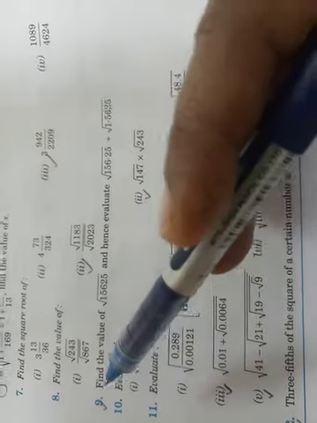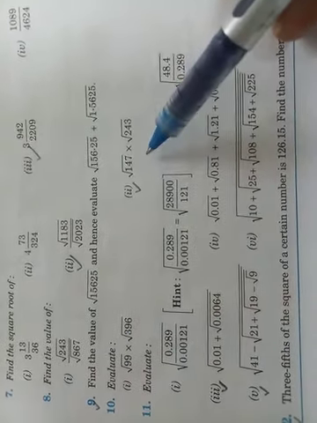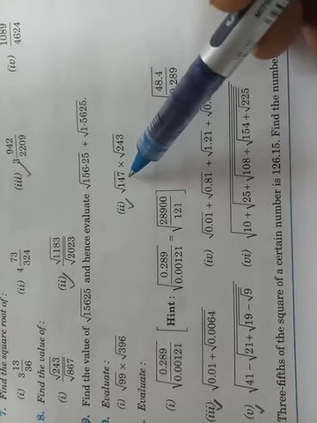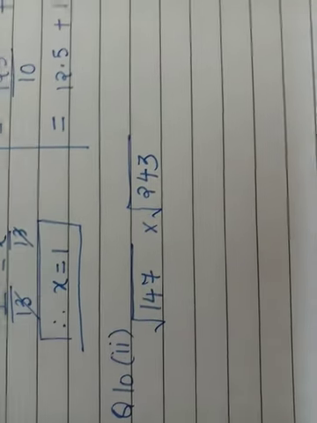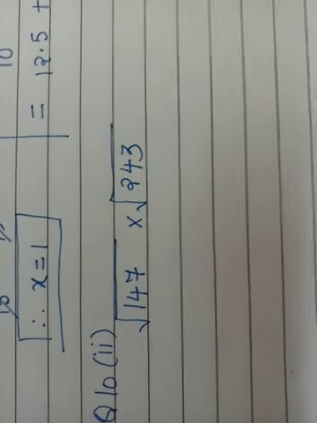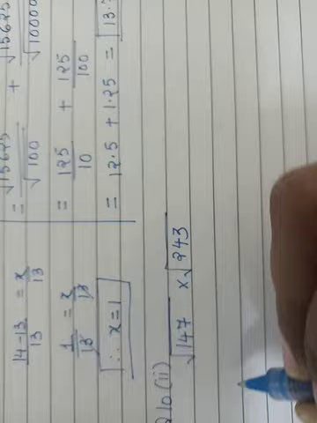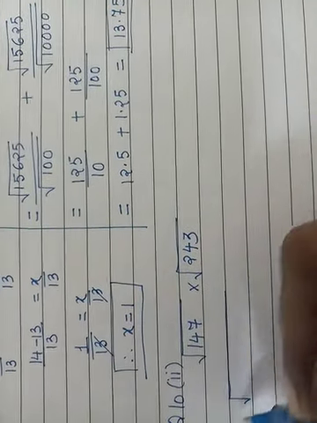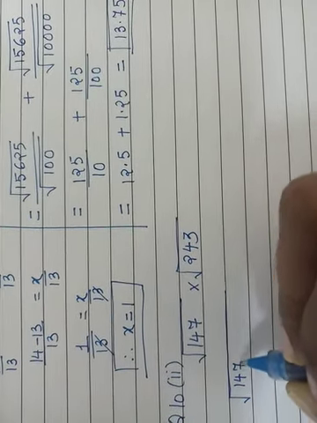Now I discuss question number 10. Evaluate. We are looking for the value of the given expression. We are given two subparts. I do the second subpart for you. Question number 10, second part. Square root of 147 into square root of 243. Can we write them under the same square root as the multiplication sign is there? Yes. So I can write 147 into